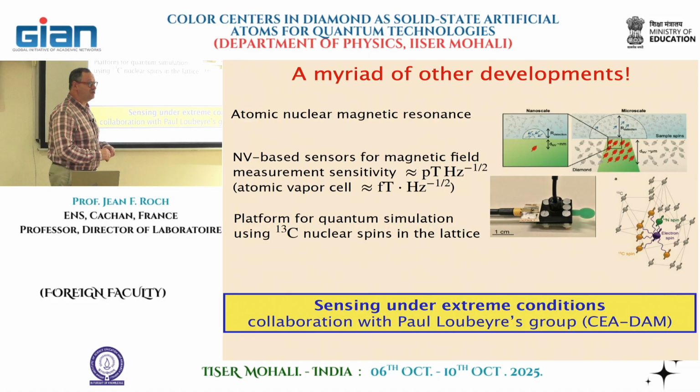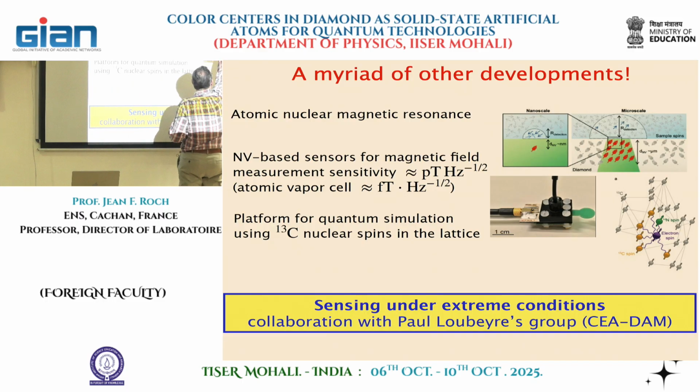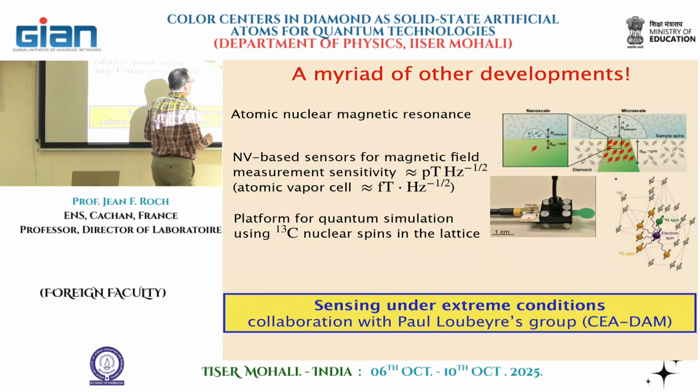Okay, and just to conclude this first part, that has led to a myriad of other developments. I couldn't cover that; it's not possible at the moment. Each of them would be a given lecture, maybe even two lectures. So for instance, people have used NV centers for atomic nuclear magnetic resonance. So now you want to measure the coupling to other spins, nuclear or even